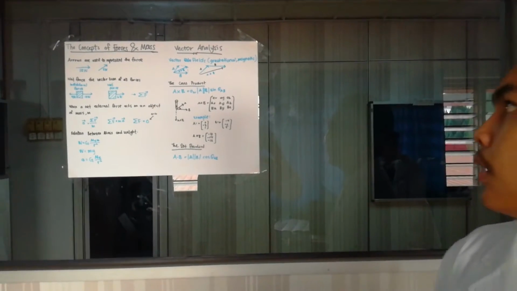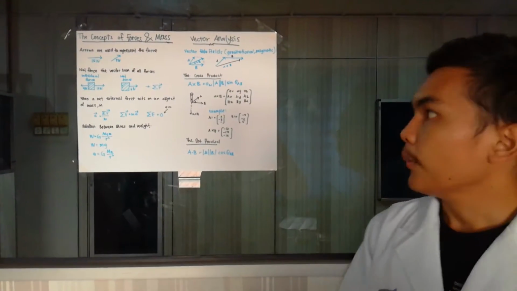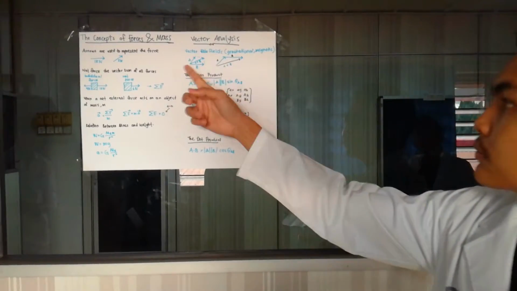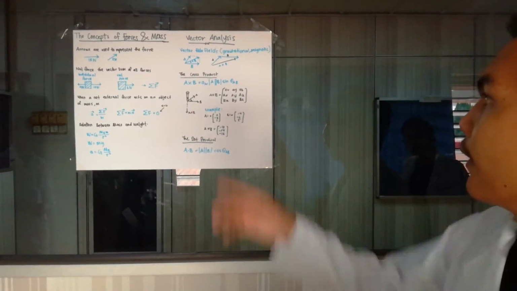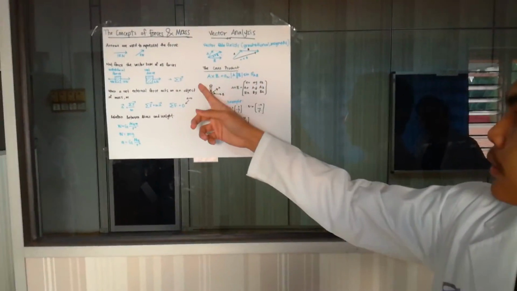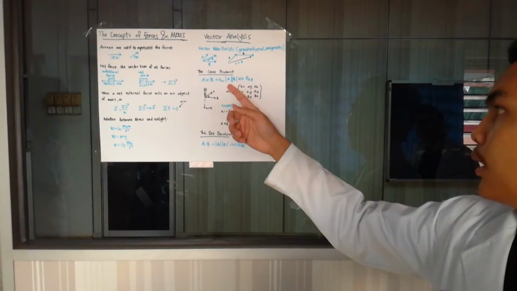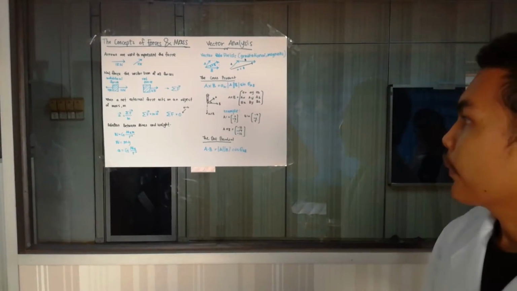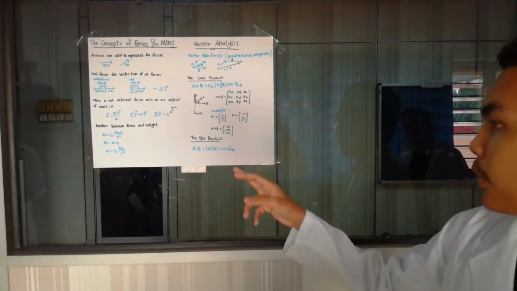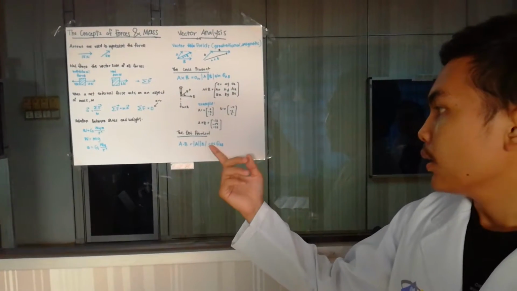Next is vector analysis, vector field. As we all know, the vector is drawn like this. It has magnitude. There are two products, the cross product and the dot product. The cross product equation is A cross B equals modulus A modulus B sin theta AB. This is an example of the cross product. The dot product equation is A dot B equals modulus A modulus B cos theta AB.